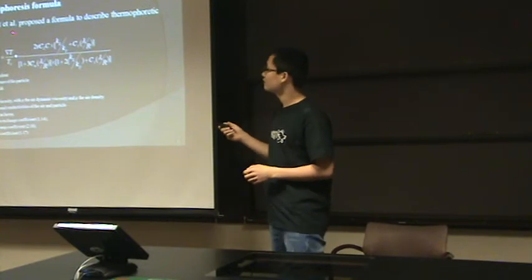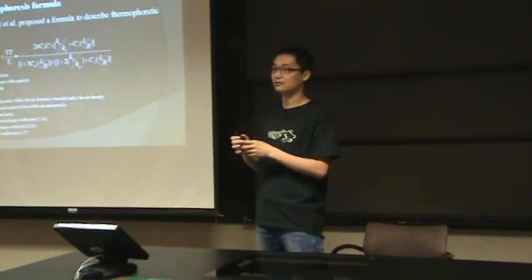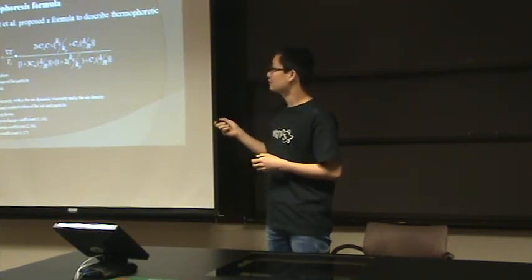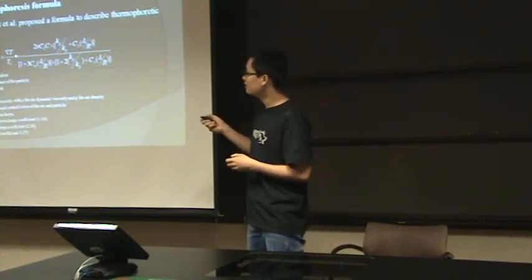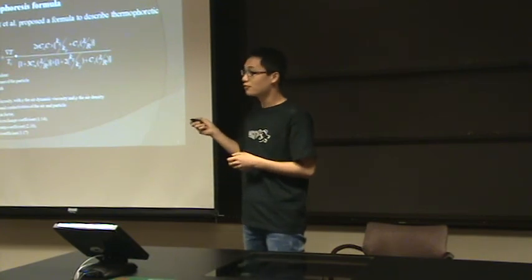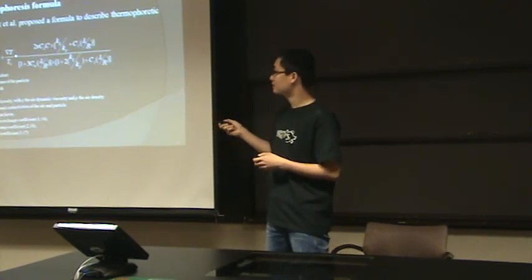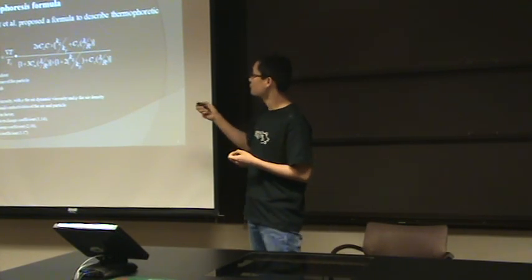In 1980, Talbot proposed a formula to describe this phenomenon and to give the thermophoretic velocity. From this formula, it is very easy to find that V_TH is positively correlated with the temperature gradient, negatively correlated with the temperature of the particle, and also has a relationship